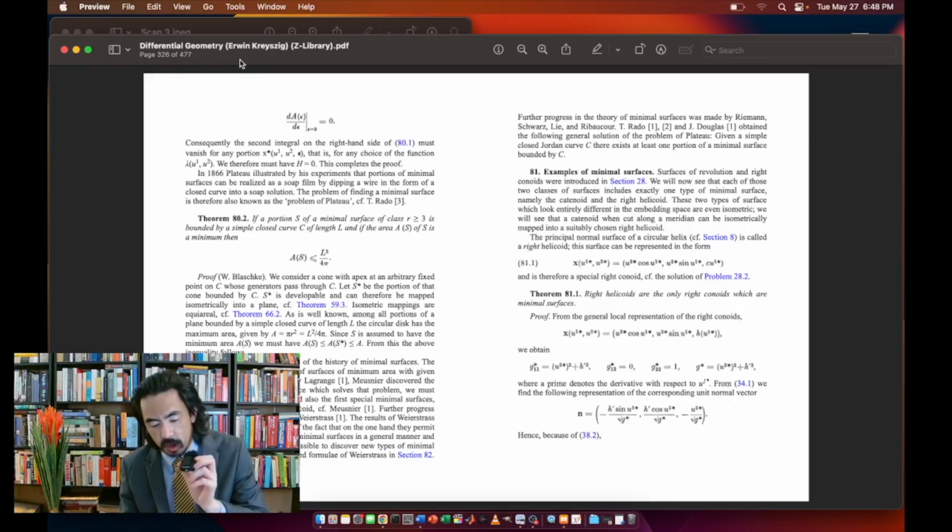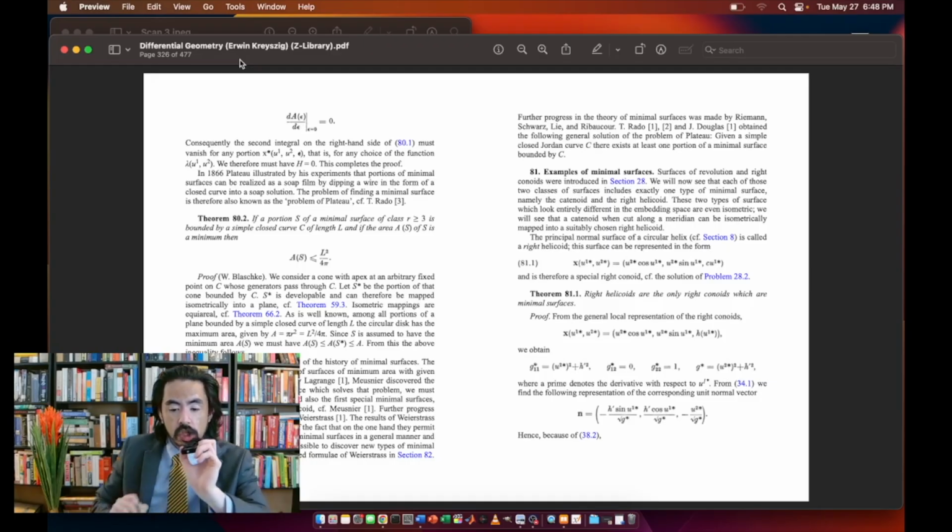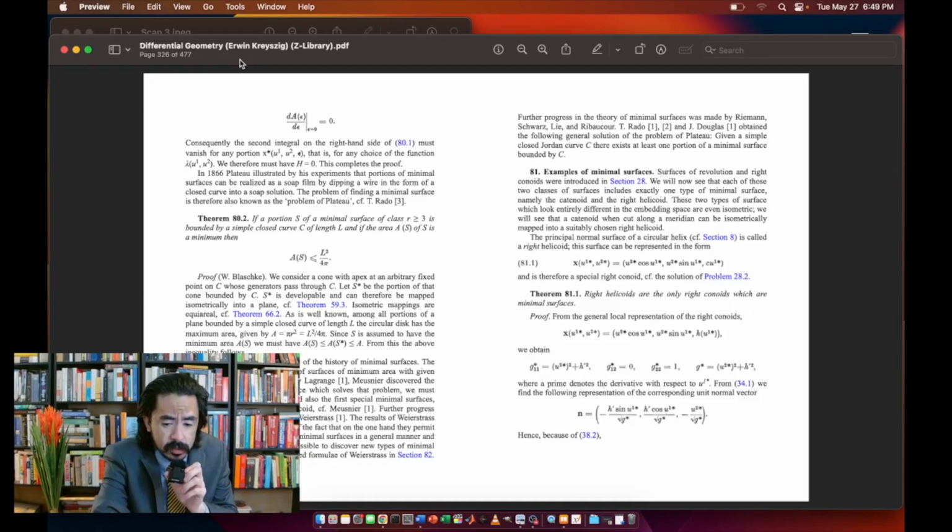And now we come to theorem 81.1. Right helicoids are the only right conoids which are minimal surfaces. The proof is as follows. From the general local representation of right conoids, namely, the vector x in terms of u1 star and u2 star is equal to, entry-wise, u2 star times cosine of u1 star, and then u2 star times sine of u1 star,